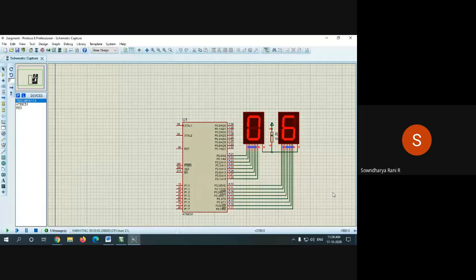Okay, can you see, the first is 0, 9, then it starts from 1. So this LSB you have to define in the inner loop, and this MSB you have to define in the outer loop. Okay, so it goes from 00 to 99, and then it goes on continuously since you have given that inside while(1).